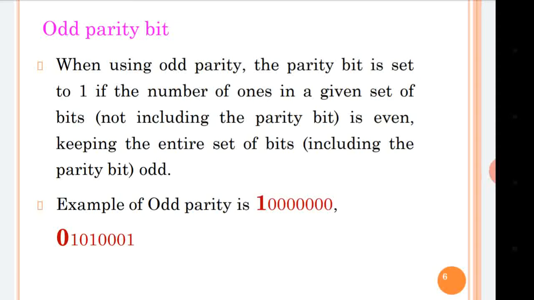So same examples are taken. First example is all 0. So as per our discussion on the previous slide, if you add 0, then total number of the ones will be even. Here we want odd parity. So we will add 1 to the left side, which is the leftmost bit, and total number of the ones will be odd. Second example, in the given word, total number of the ones is 3, which is odd. So we don't have to change the count of the ones. That's why we will add 0.